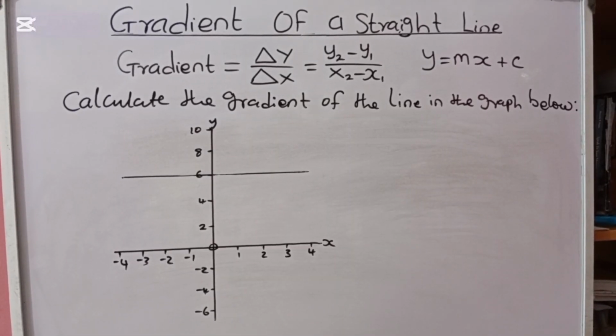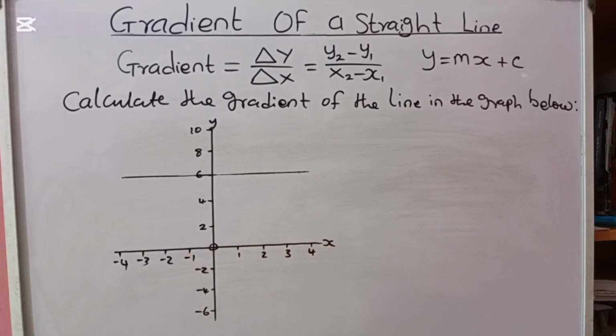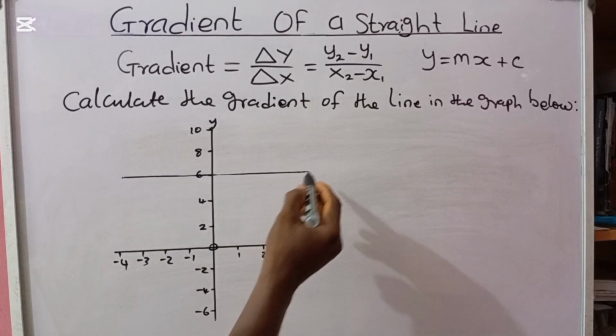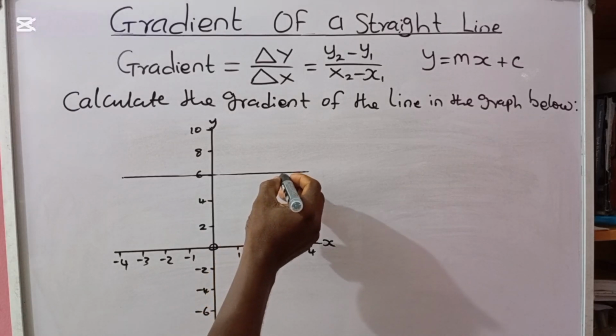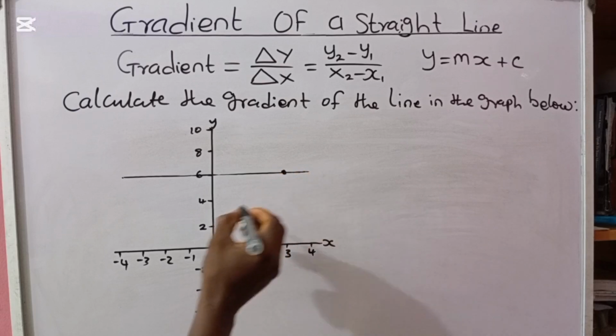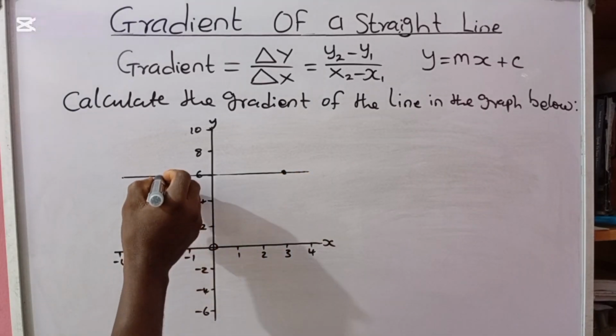Now let's see how to deal with this kind of example. If you observe very closely, this is the one we described as the zero gradient, when the line is parallel to x-axis. Now let's locate the gradient of this particular line. The first thing we do, we locate 2 points along this line. Say for example, I'm choosing this point, a line with 3 here, then choosing another point again, say around minus